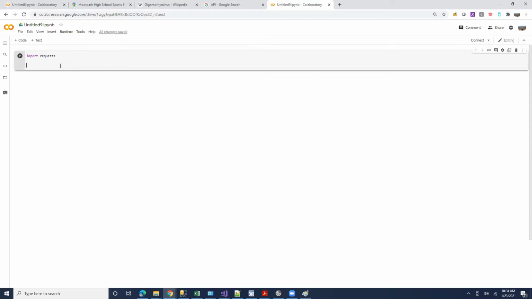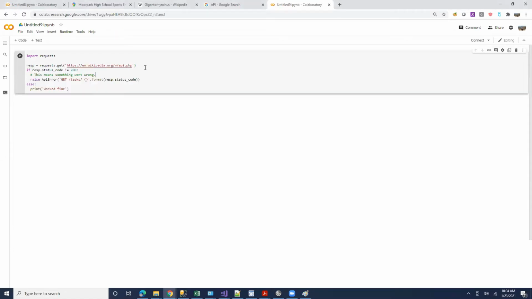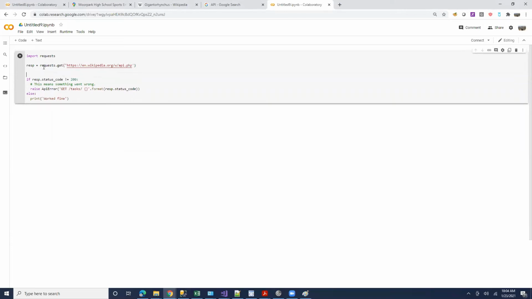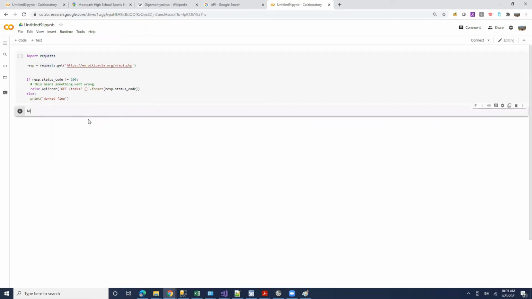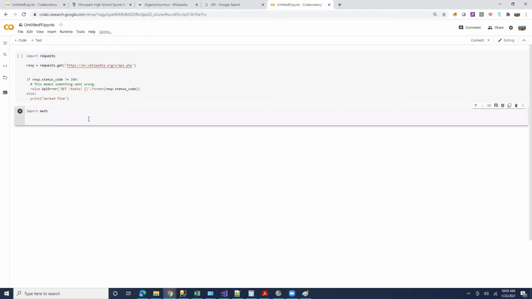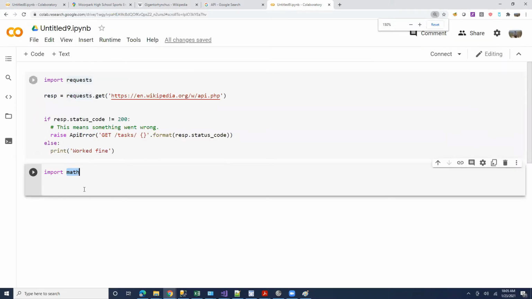Very straightforward, right? So let's look at a simple example. I have an example of a Wikipedia page. I'll just copy this. So you would say request.get, right? So what does the import do? Import, like we have used in the past, if you say import math for example, it lets you use whatever are the objects or classes defined. Oh, I can zoom in my screen a little bit. Is this clear?